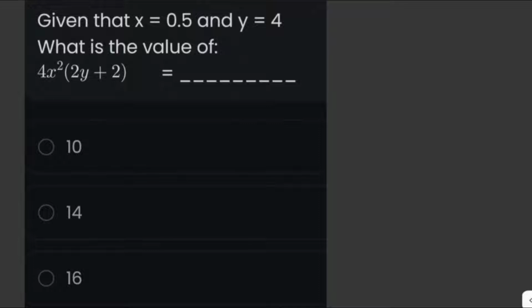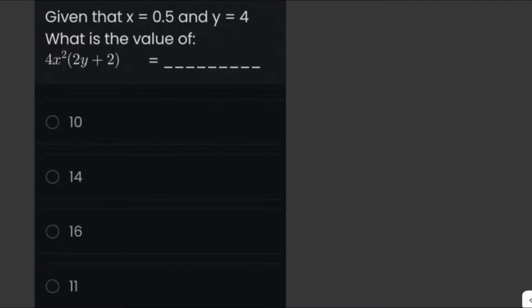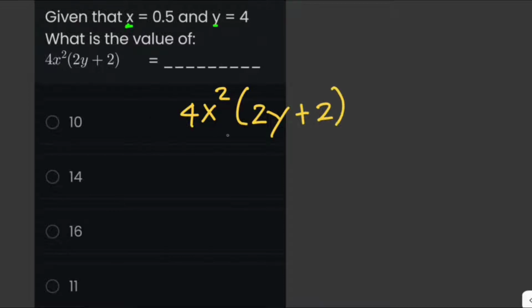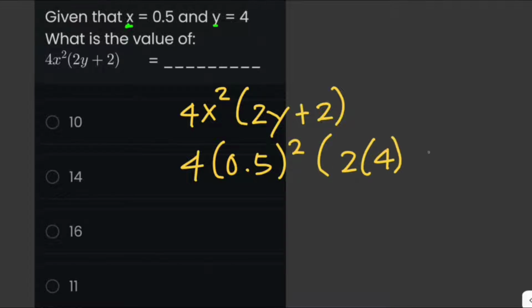Given that x equals 0.5 and y equals 4, what is the value of 4x squared times 2y plus 2? Now to solve this problem, we are already given the values for x and y. We just have to plug in all the values into the given expression. So that would be 4x squared times 2y plus 2, and then we plug in the values of x and y. So that would be 4 times 0.5 squared times 2 times 4 plus 2, and then